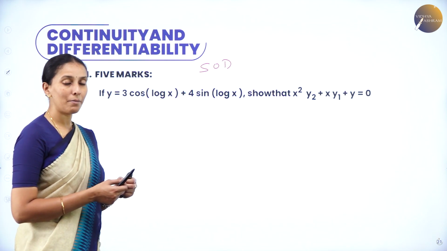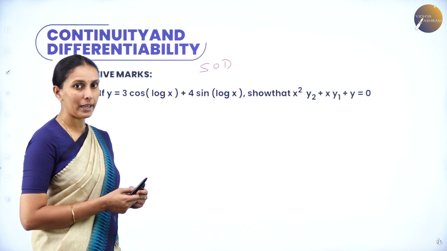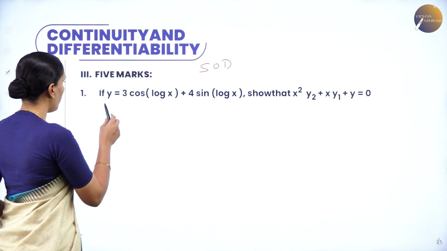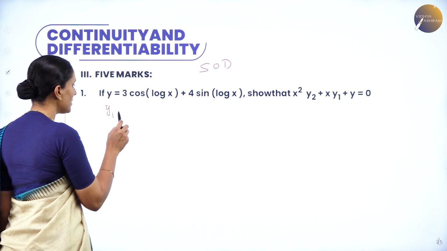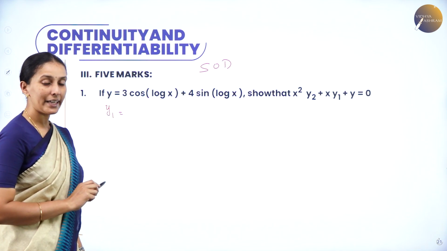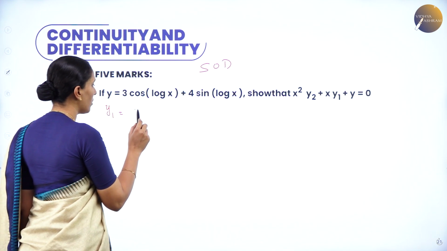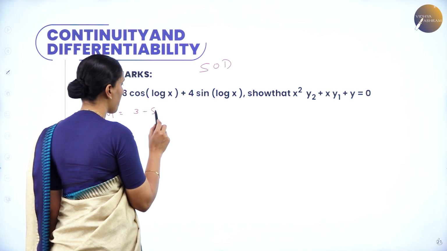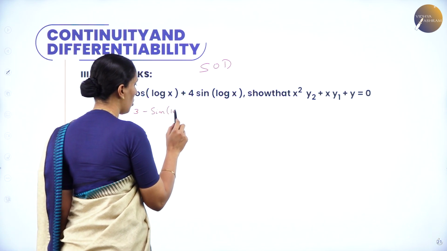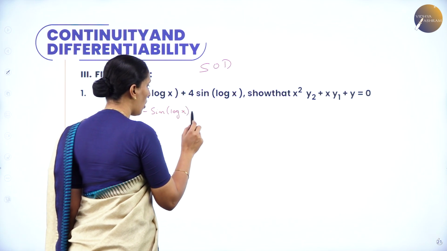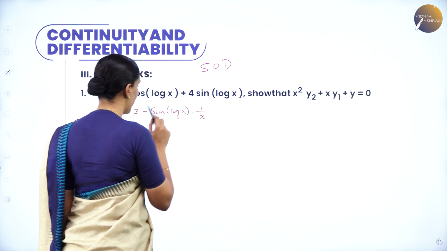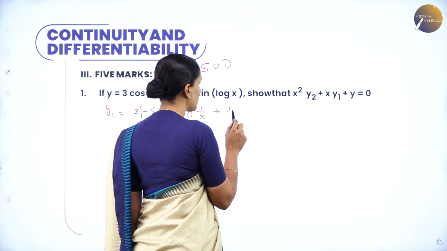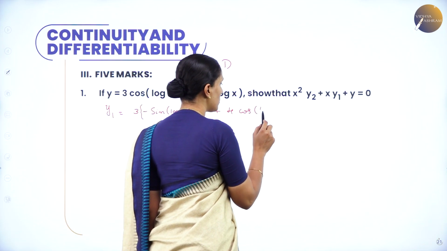So instead of dy by dx and d square y by dx square, we'll consider here y1 and y2. So now I'll derive this. Derivative of y is y1. So 3 cos of log x becomes minus sin of log x, and derivative of log x is 1 by x. Next we have 4 sin of log x, which becomes 4 cos of log x